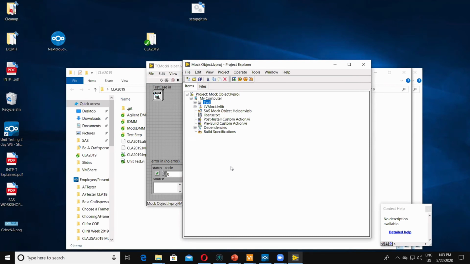Fabiola says you can also run them programmatically. Yes, you can. When I'm doing test-driven development, I tend to just click on the button in the project, but you could have a VI that just runs one set of suites or something, and that would work as well. Well, then I think you miss out on the JKI VI Tester GUI, although I guess you could probably launch that programmatically too.